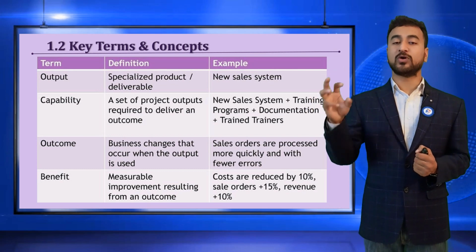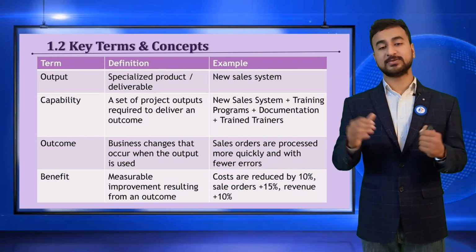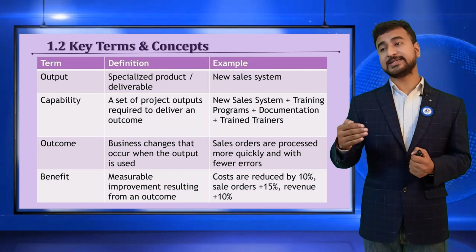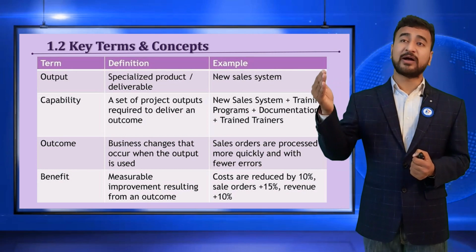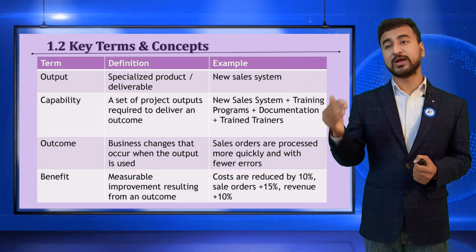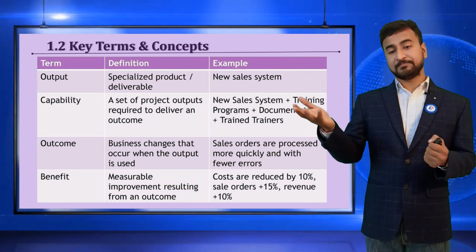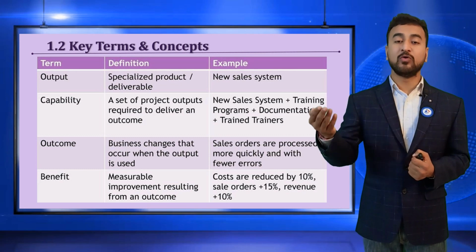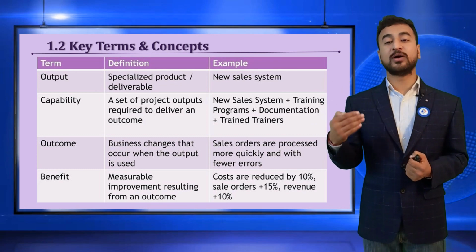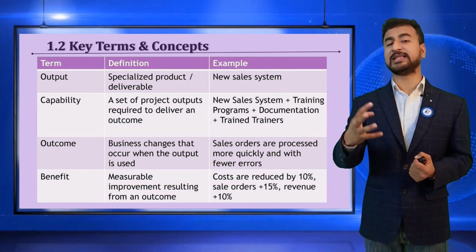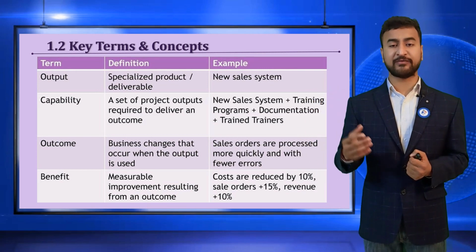But that output or product alone cannot serve the purpose or match the organization objective. Let's say there is a sales system, but after having the new sales system, you get an idea that your revenue has fallen manifold, and you go and dig it out and come to know that with the new sales system, people are not able to utilize it. That is the change management issue that happens in every organization.